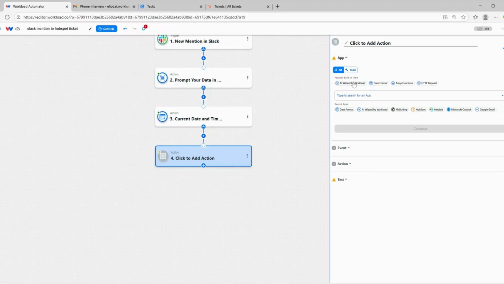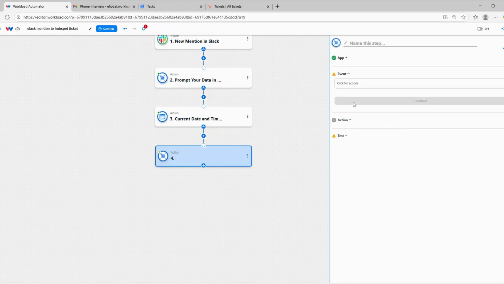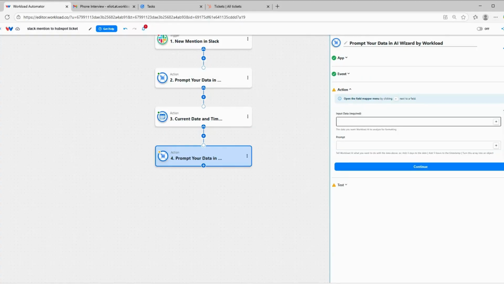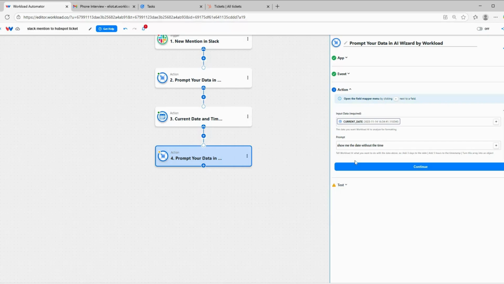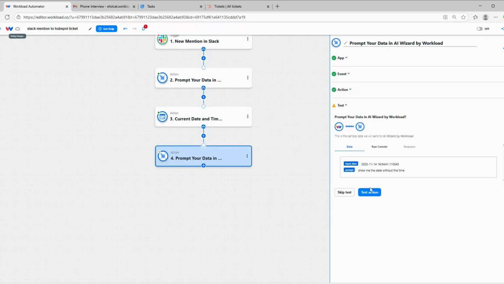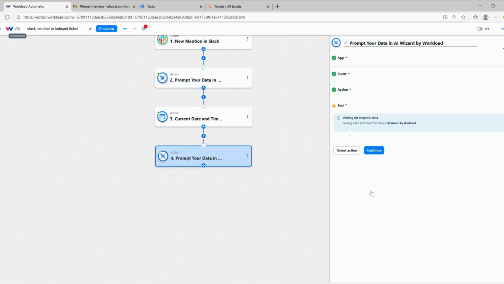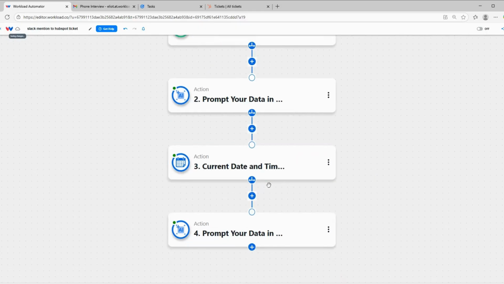We're going to add another step. This is going to be using the AI wizard by Workload. The event is prompt your data. The input data this time is going to come from that step we just created with the current date and time. Select the current date. And I'm going to paste in a prompt: show me the date without the time. We'll test the action. And now we have just the date. So I can click continue. We have one more step,